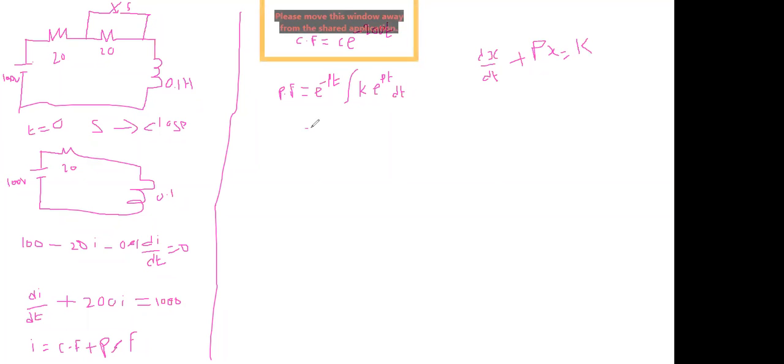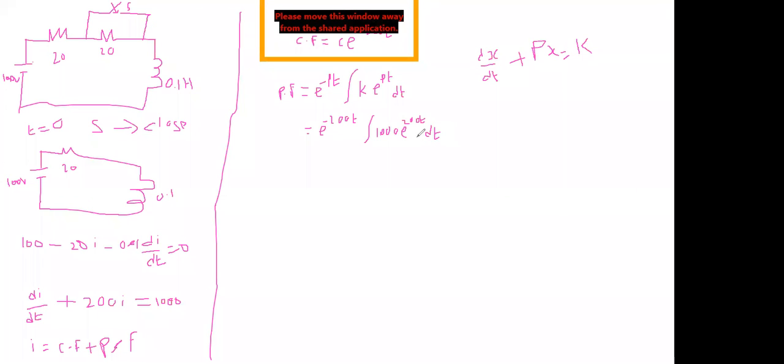Here if you substitute, what is the value of p? p is 200, so e power minus 200t, integral of k, where k value is 1000, e power 200t dt. Finally, after integrating,